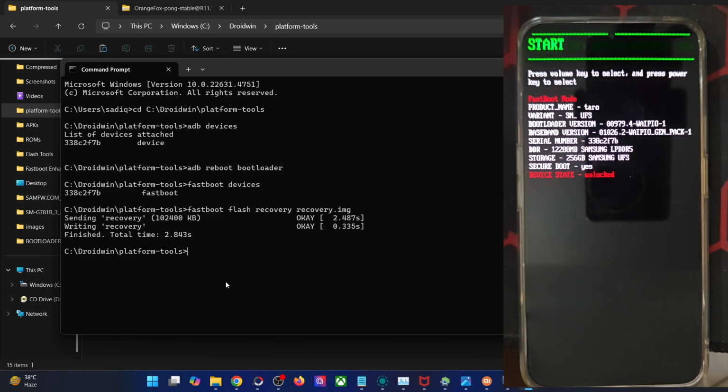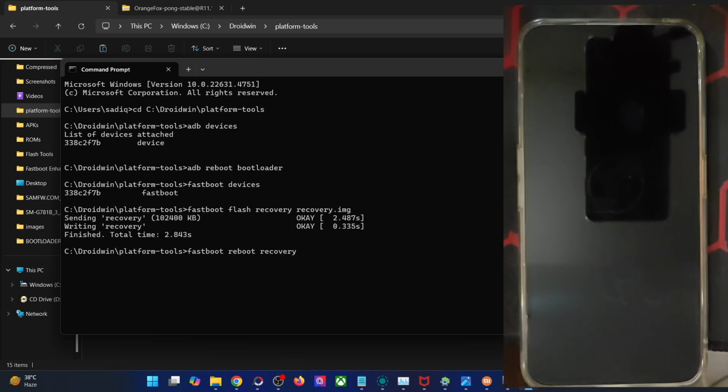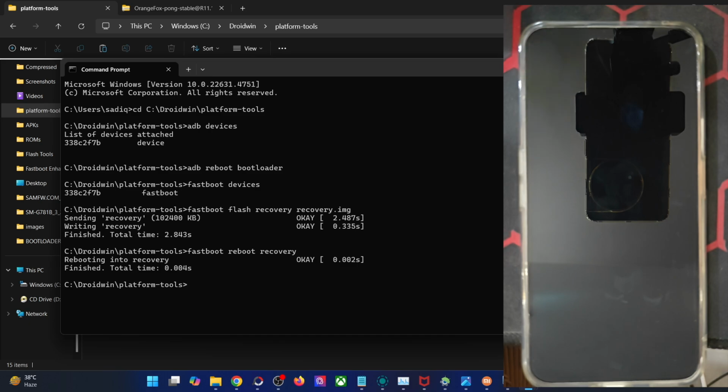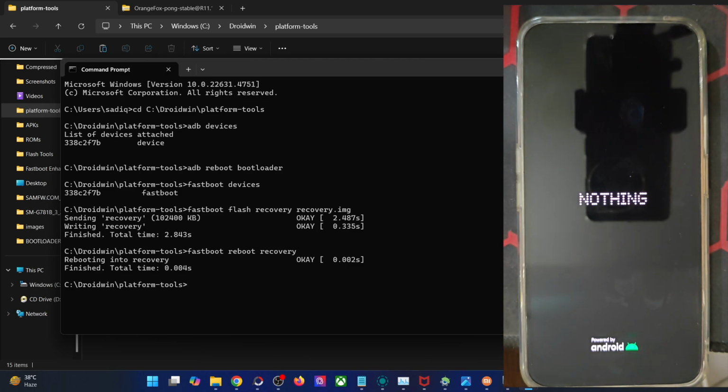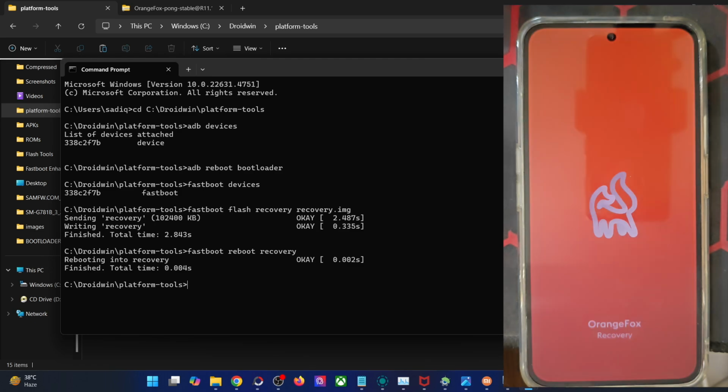Once that is done, type in fastboot reboot recovery, and your phone should now boot to the newly flashed recovery. This might take around 10 to 15 seconds, which is completely normal and nothing to worry about. So let's wait for that to happen, and then we will flash the Magisk zip file and get the job done. Even after that, you have to boot the phone to the OS and install the Magisk APK as well. Simply flashing the zip file will not get the job done in your case. So let's first flash the zip file and then we will install the APK as and when the need arises. Give me a few more seconds for the recovery to boot up.